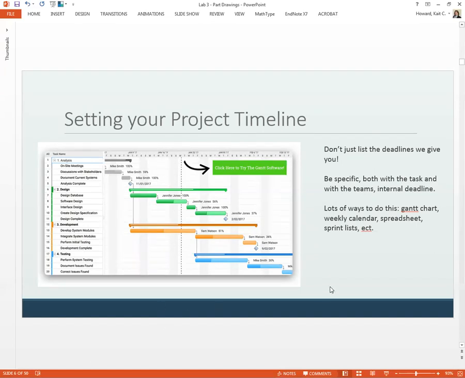So there's lots of ways to do this. We've got a Gantt chart here. You could do a weekly calendar. You could do a spreadsheet, sprint list. I mean, there are a lot of ways to skin this cat. But it needs to be specific, and it needs to not be like, finish the manufacturing. I want to see something more like,